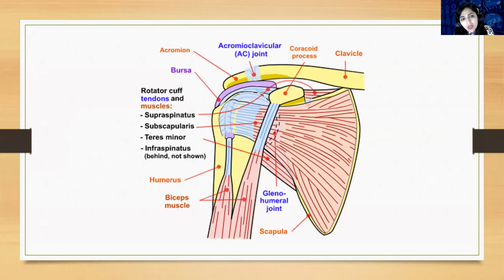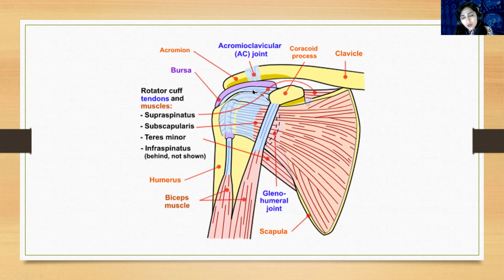So I think I will spend a little bit more time on the subacromial subdeltoid bursa, because as I have told you, this is the biggest bursa, and this is the most commonly inflamed bursa of the body as well. So this is present. So what about the subacromial space? The subacromial space is actually a very narrow space between the acromion and humeral head. So these are two bones present, acromion and humeral head, and this is a small tunnel, and in this tunnel there are rotator cuff tendons.